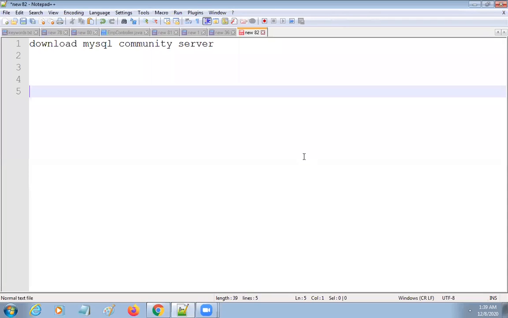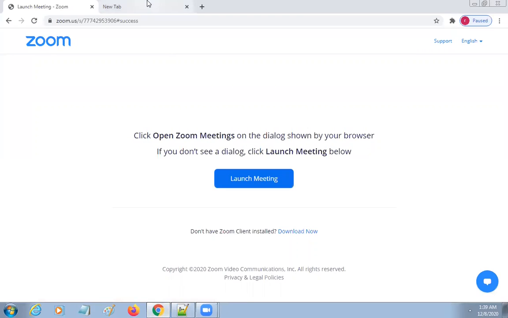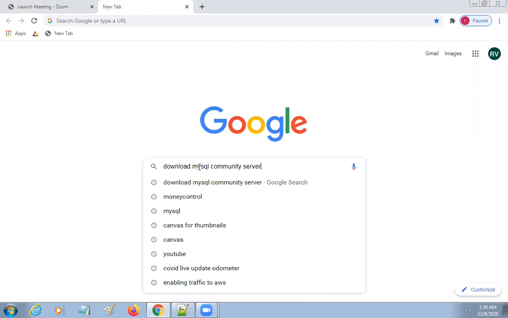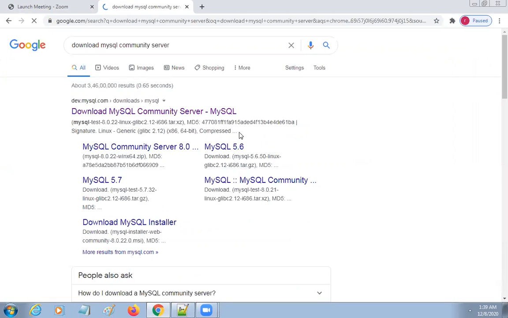Hi, all. In today's session, we will see how to download MySQL Community Server. For that, go to Google and type download MySQL Community Server. Now click on the first hyperlink,